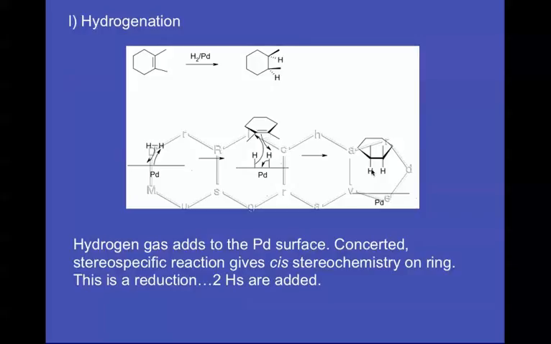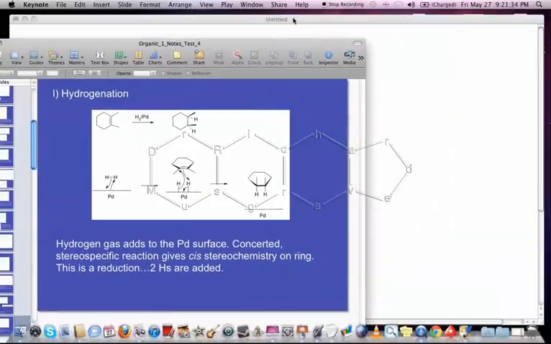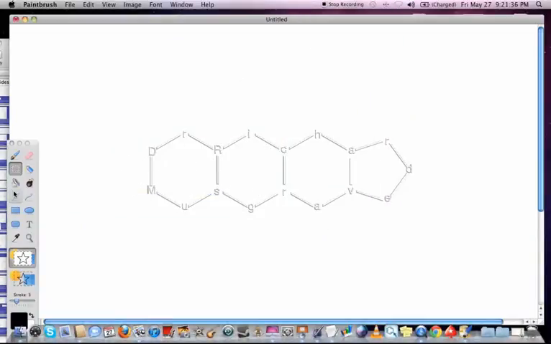So we're always going to get cis addition of the hydrogen to the ring. So that's why when I've done this, you can see the hydrogens are pointing downwards while the methyl groups are pointing upwards. Alright, I want to make this a little bit clearer. So when you're drawing these products,